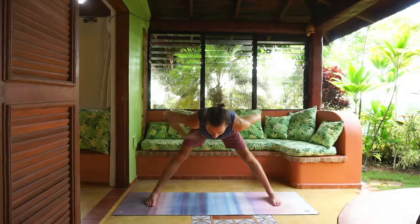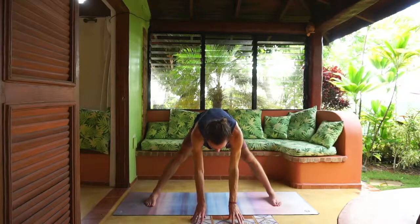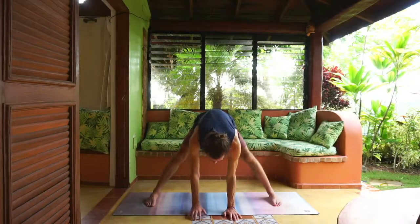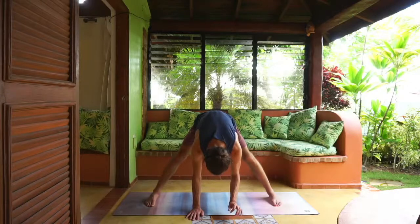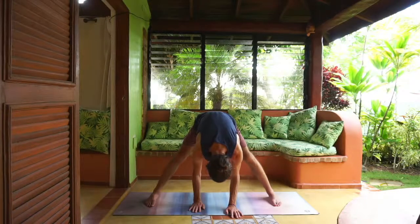Once you lower about halfway, you can lower your hands, palms or fingertips to the mat, perhaps to blocks, or you can keep your hands on your shins with your knees slightly bent. If you're releasing your fingers or palms to the mat, keep your arms shoulder width distance so that the elbows bend back. And if you'd like, you can let the crown of your head draw down towards the mat, chin